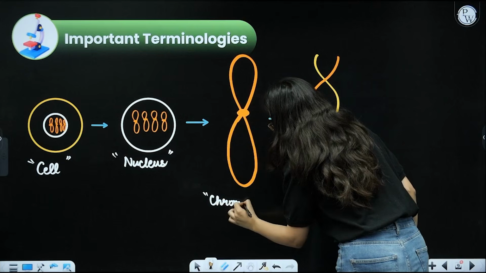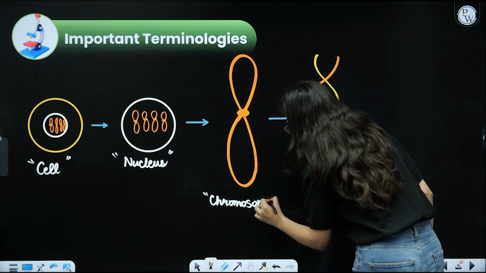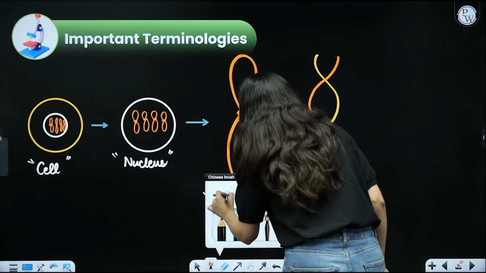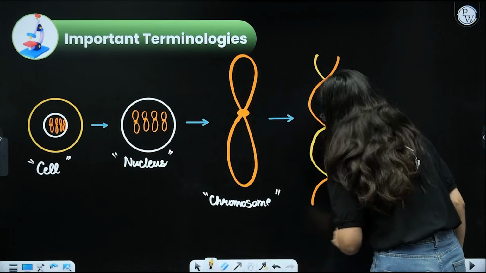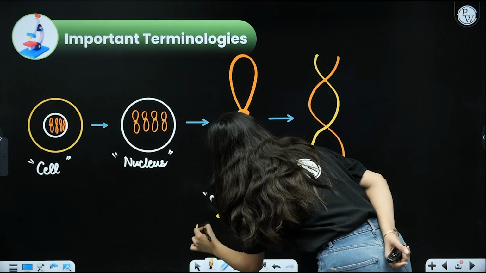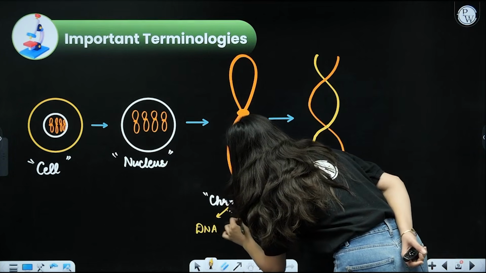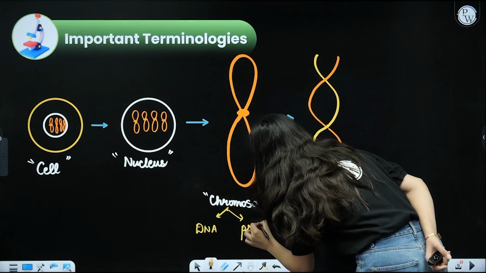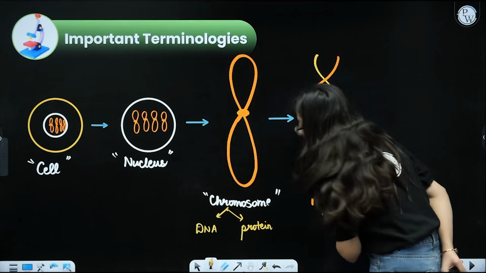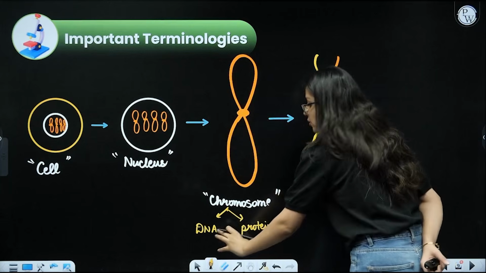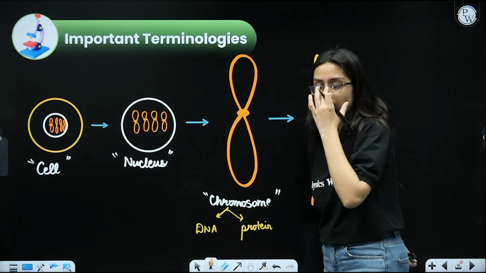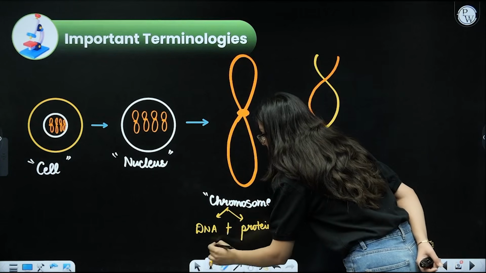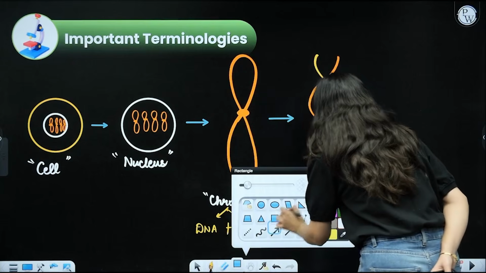This chromosome is made up of two constituents, that is called as DNA as well as protein. So this chromosome is actually made up of DNA plus protein. Got my point? If I have to take the DNA out,